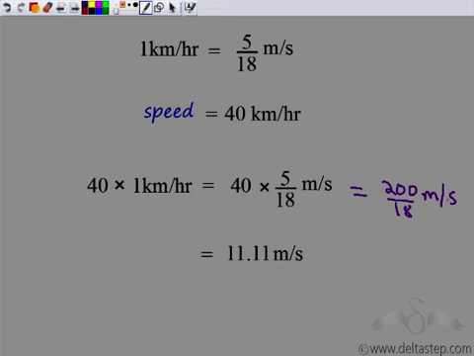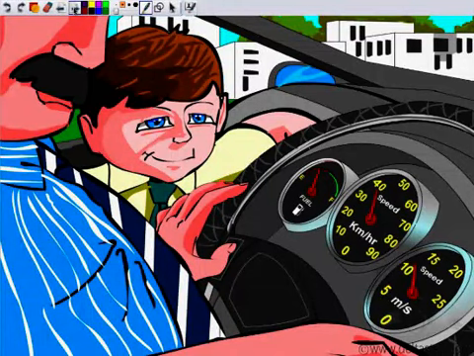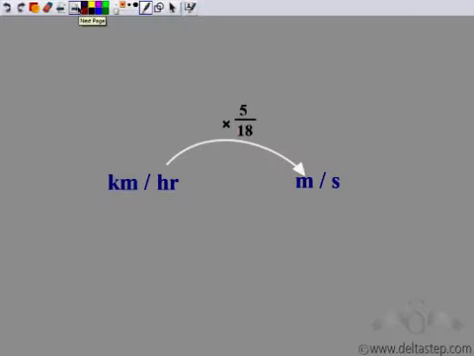Now which again is right? He saw that in meters per second, the pointer showed a reading which is greater than 10 but less than 15. So it is around 11.11, which is correct. So that is how we convert speed into kilometers per hour or meters per second. So we've seen that to convert the speed from kilometers per hour to meters per second, we multiply by 5 by 18.